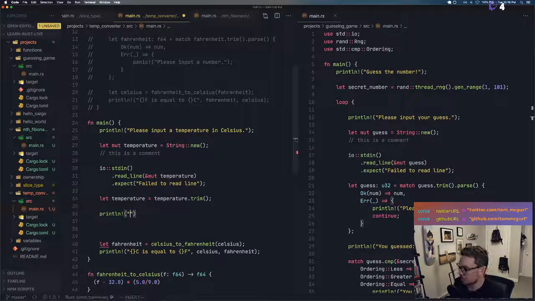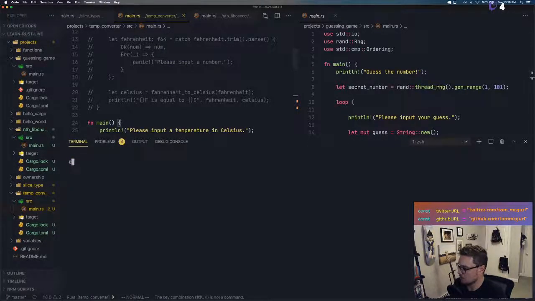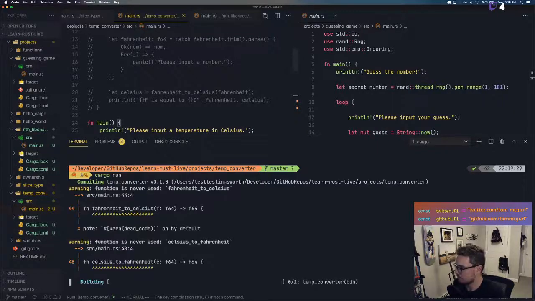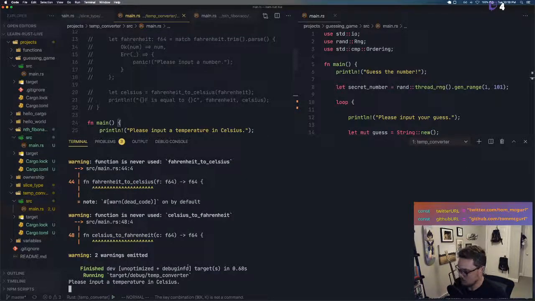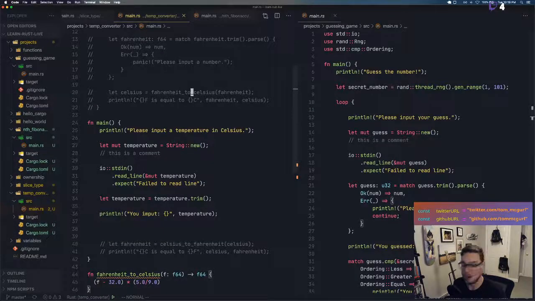And I'm just going to put a string here so we can see you input. Comment those out, and let's just run cargo run. I'm going to put 30, let's put 0C again, and it says you input 0C. All right, so